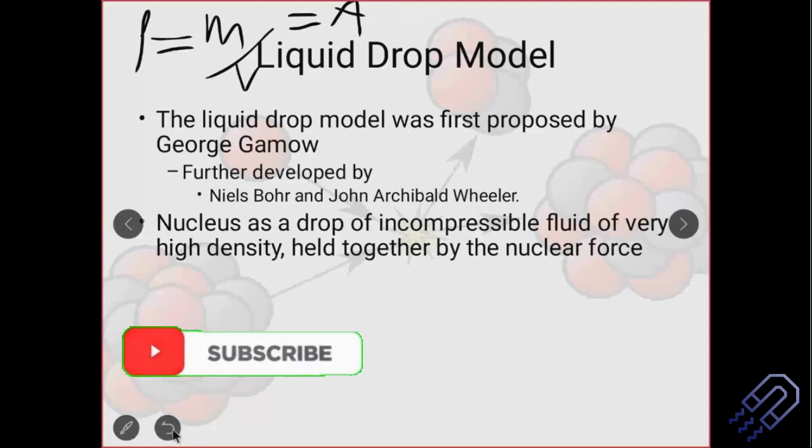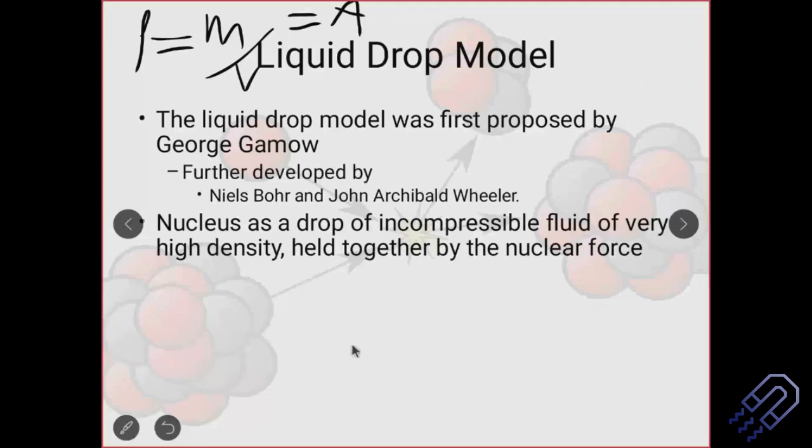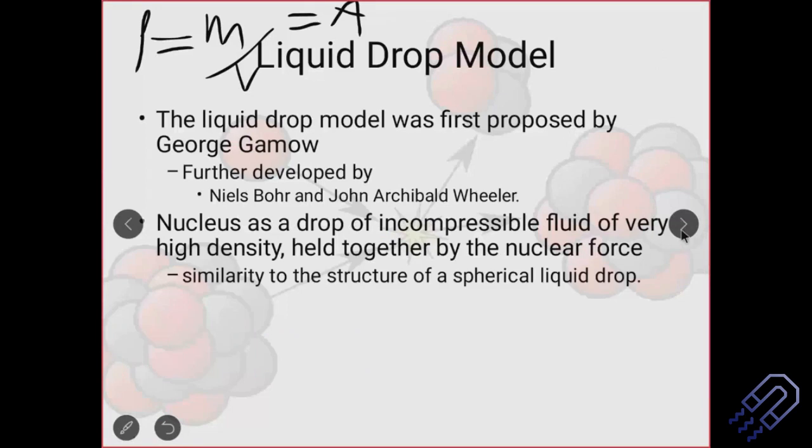So what happens is we have a very high density of the nuclei, and they are held very tight, close to each other. This structure is considered similar to the structure of a spherical liquid drop. In fact, we are going to see that if you have a liquid drop and want to get two drops out of it, that relates to what we call fission. So we have a heavy nucleus and slowly it breaks off, and we have two different nuclei. So fission can also be described based on the liquid drop model. We are going to see this.